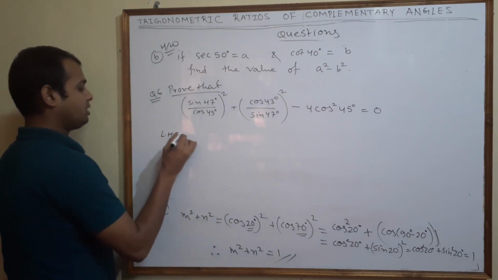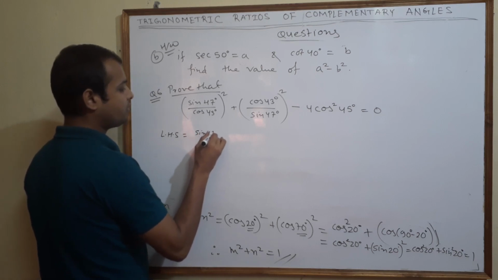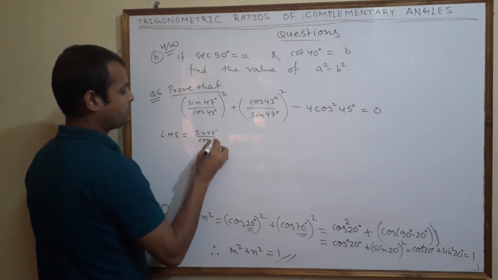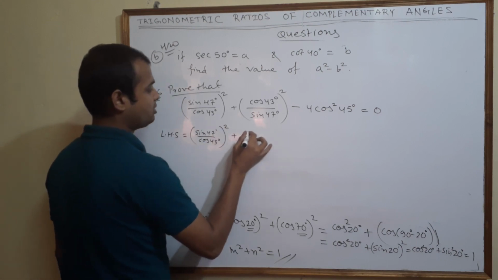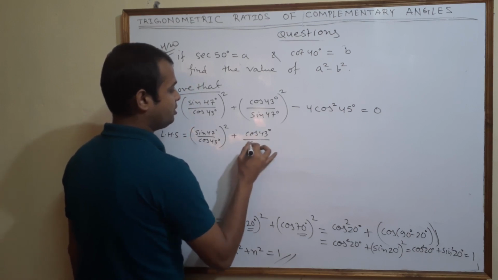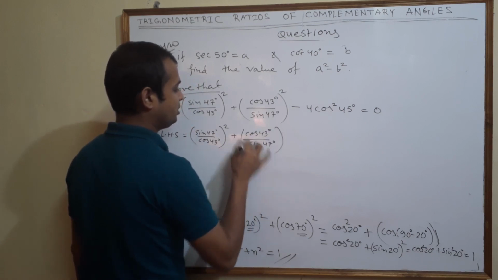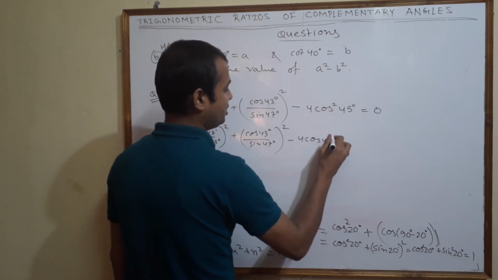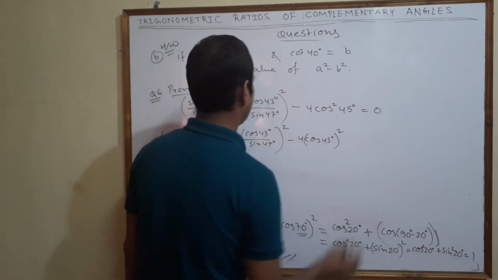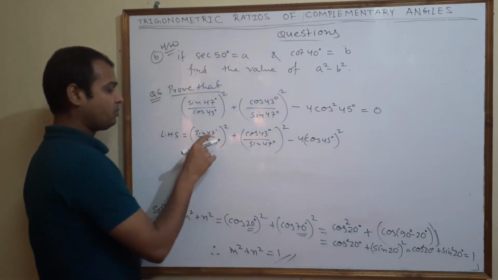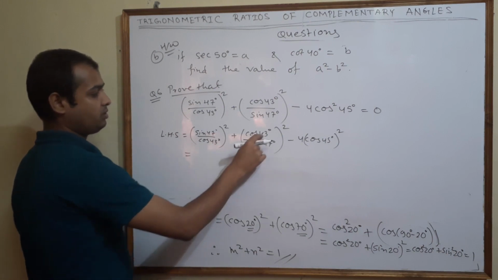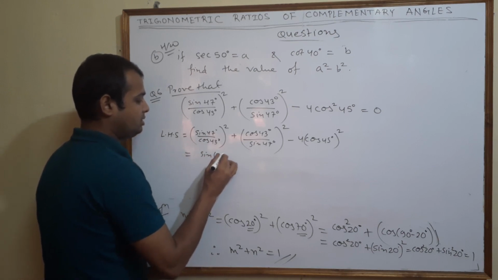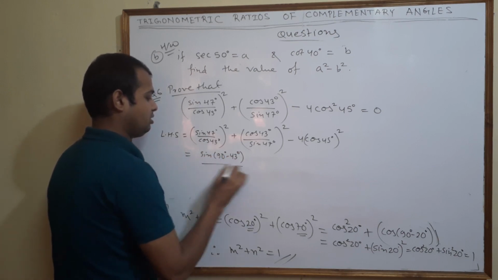So your left hand side is equal to (sine 47 degree upon cos 43) whole square plus (cos 43 degree upon sine 47 degree) whole square minus 4 times cos square 45, can be written as cos 45 degree whole square. Yes, here you observe that 47 plus 43 is 90, 43 plus 47 is 90, so I can write this 47 as 90 degree minus 43 degree upon cos